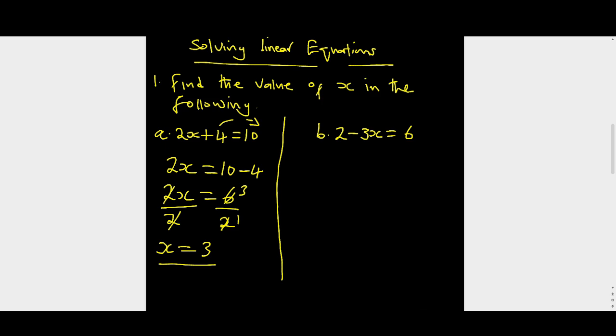Now let's look at how we're going to solve equation B on my right side here. Here, x is next to 3, so I'm going to let this term remain on the left hand side, and I'm going to let the 2 cross to the other side. So what I'm going to have will be negative 3x will equal 6. Now 2 here is positive, so when it goes to the other side, we're going to have minus